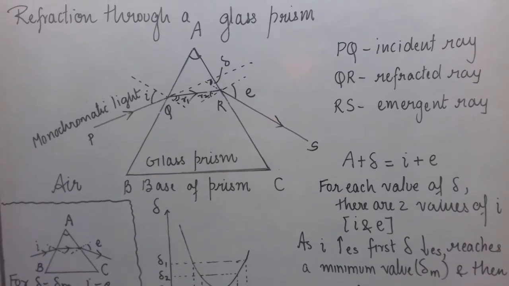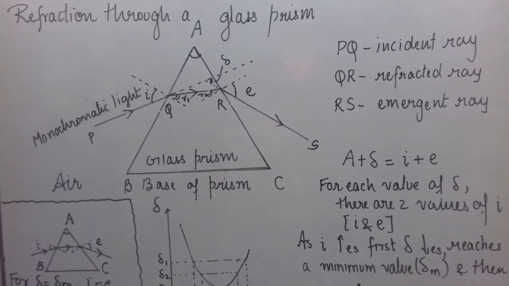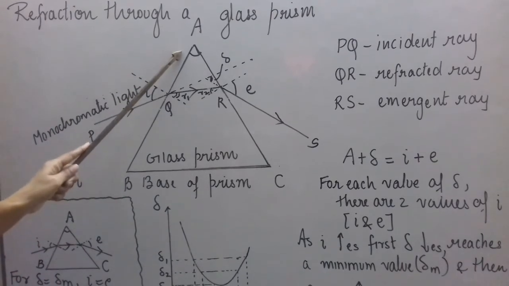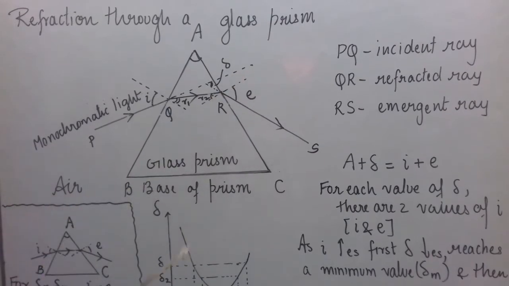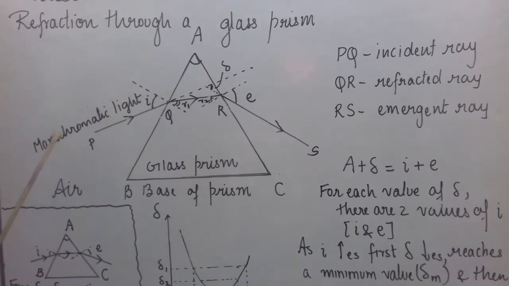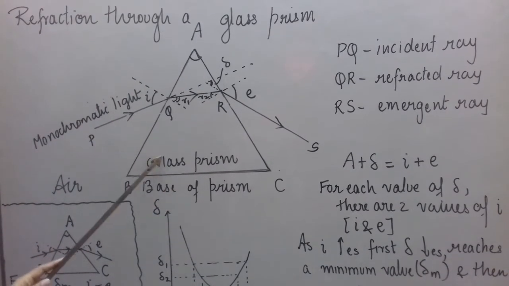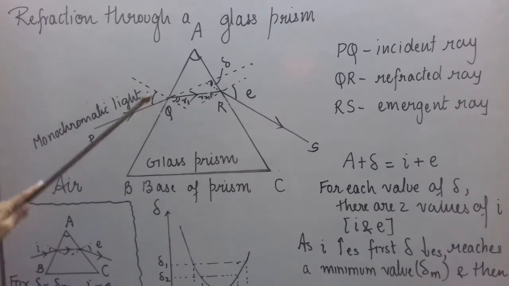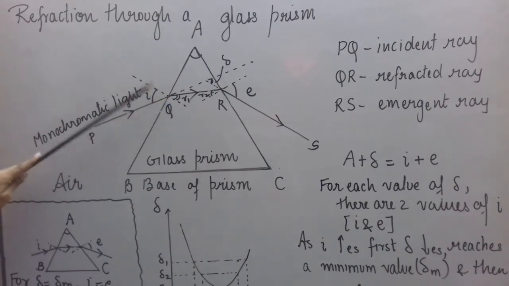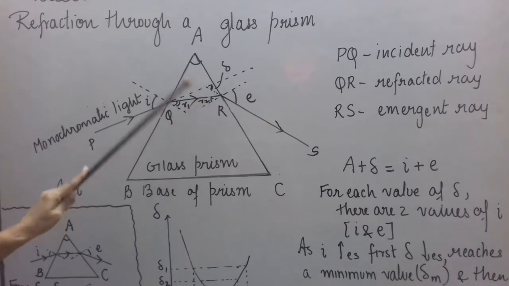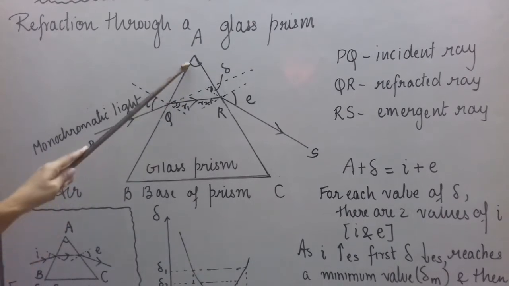So the angle of deviation is the angle between the incident ray and the emergent ray when light passes through a glass prism. So I hope now you know what is the angle of prism, what is the base of prism, what is the angle of deviation, and what is the angle of emergence. Now one thing you know is that whenever light enters the prism, it always bends towards the base of the prism. In this case, when you change I, that is, when you change the inclination of the incident ray, R1 and R2 are going to change. E is going to change. Delta is going to change.